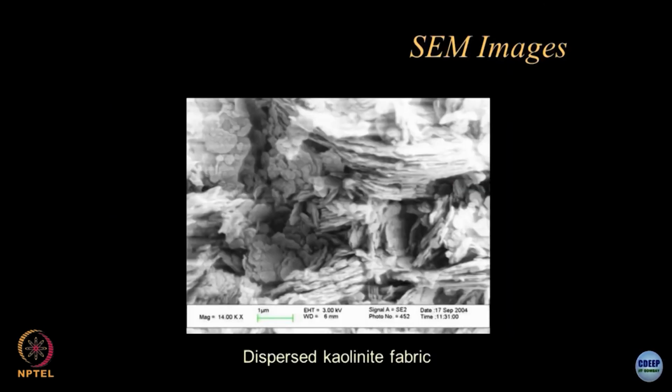These are the images. Just now I showed you some schematic diagram, and here what you can see is the kaolin fabric. Look at this. Sometimes you must have seen when you keep the loaves of bread one over the other, is it not? This is how it looks like. Look at the sheets of kaolin. These are the sheets of kaolin. They are just stacked one over the other, and there is a lot of porosity, pores which are getting created in the system. So, this is a typical soil fabric.